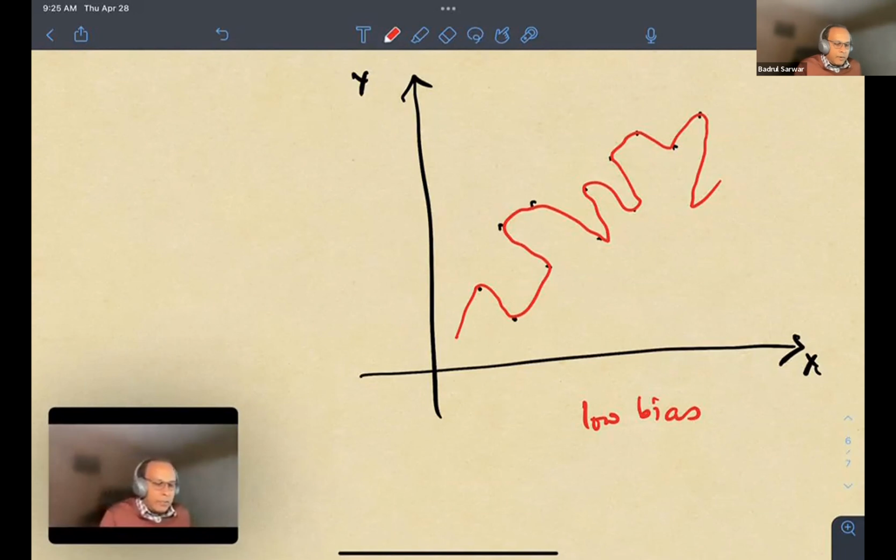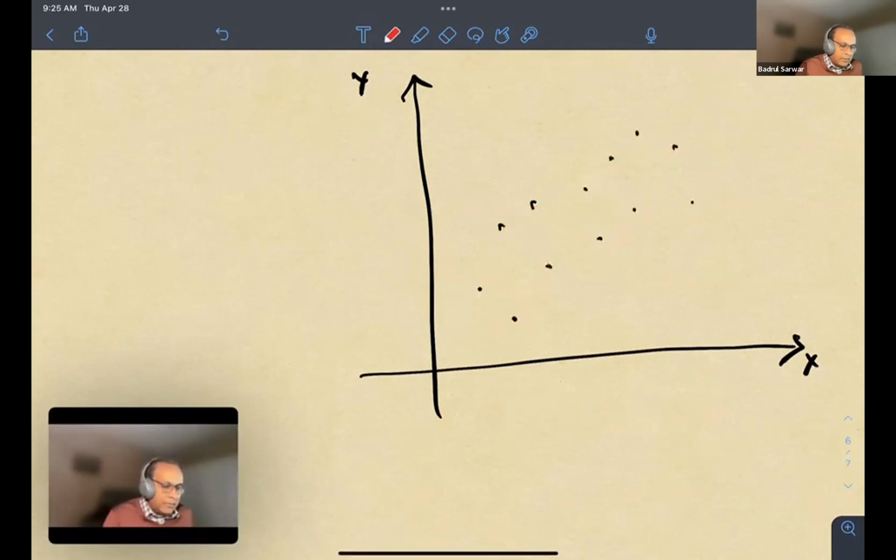But for this type of problem, what will happen is that since this is similar to memorization, in this case the performance on the test data set will be very bad, because you can see that it has gone through everything. On the other hand, if we make it really, really simple, for example just a constant line,